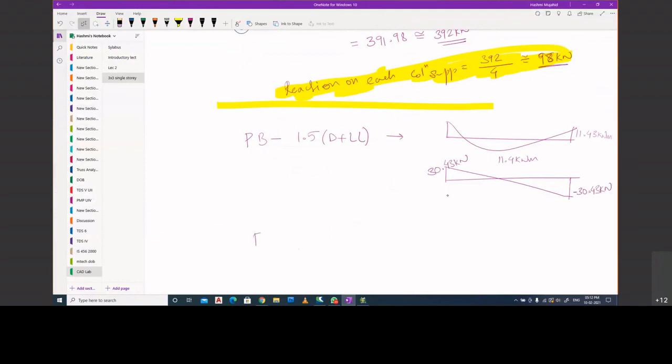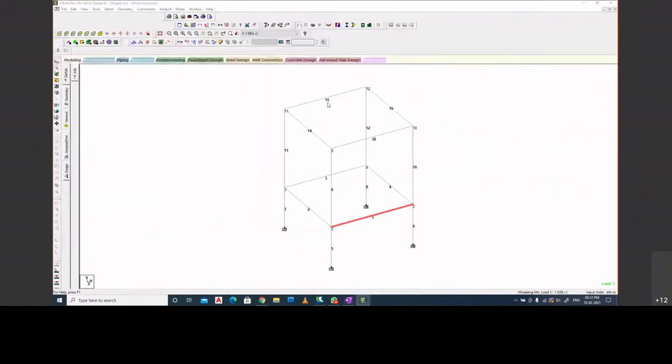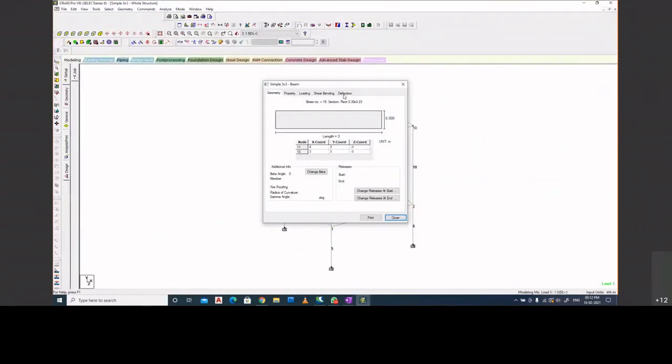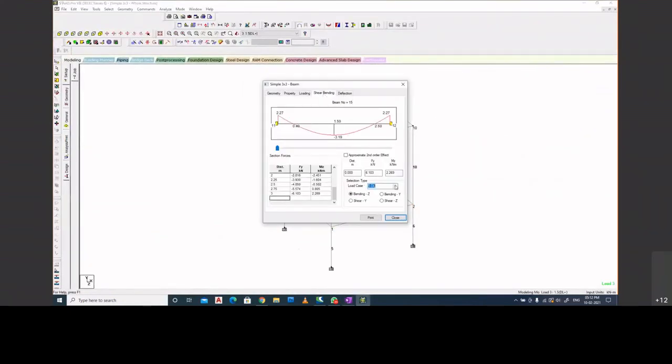Coming to floor beam, same case, 1.5 times dead load plus live load. What are the results we are going to get? Let us very quickly check that as well. Let me go to element number 15. Come to load case, 1.5 times dead load plus live load. I'm getting at support as 4.84, negative 8.4.